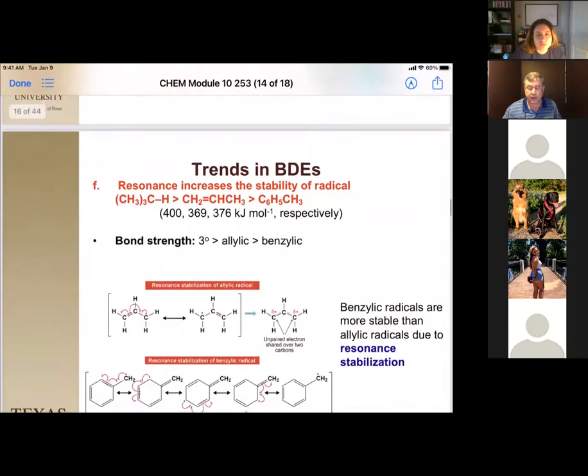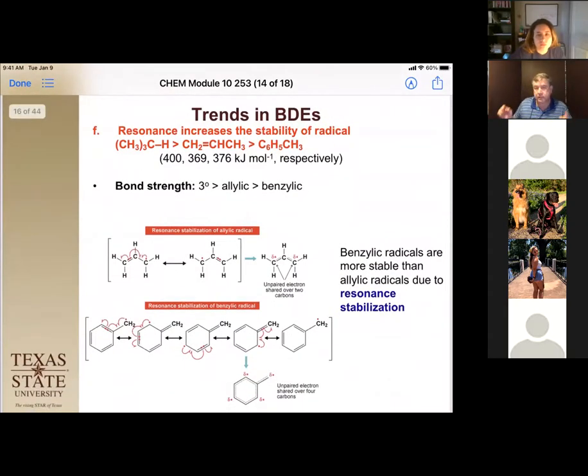All right, so the next trend we have is resonance increases stability of a radical, okay? Just like in acids and bases, resonance will help with stabilizing the radical. Because you're able to spread that radical out over more atoms, making it less reactive, making it more stable. So what that means is our tertiary is even higher in energy than our allylic, because our allylic can spread that bond apart. And so we have two places for that radical to be part of the time. In benzylic, because it can go all the way around the ring, it means it has 4 places we can